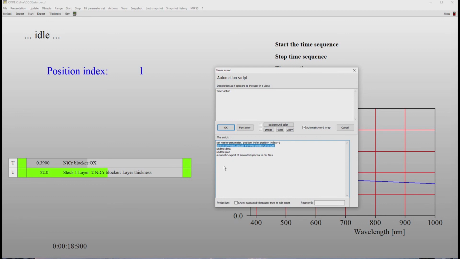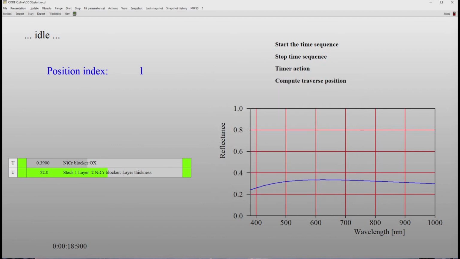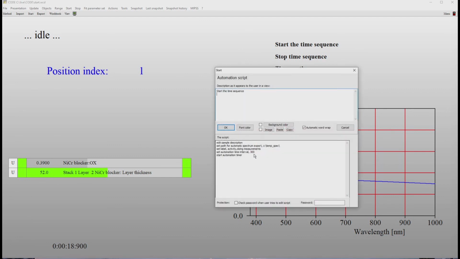So now when the position index has changed, we want to recompute the new position. We also want to do that to be safe at the beginning. Actually, we should have here the command, I think I forgot, the command set master parameter position index 0, that's the beginning, and object command update traverse position execute. And since I'm going to need that again, let's copy that,